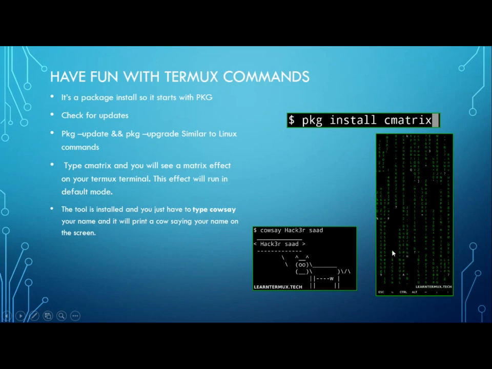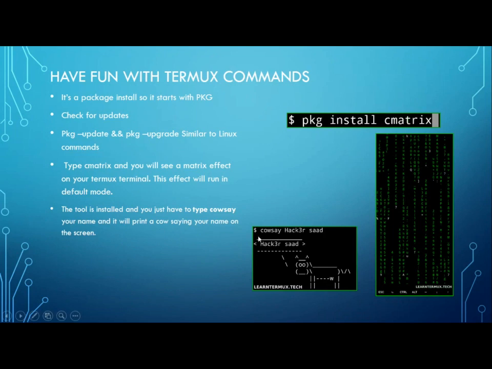This is the matrix effect that your Termux terminal will display, and it is kind of fun. You can make it by yourself just by typing. Once you're done with installing cmatrix, go ahead and type cmatrix, and it will display this screen.